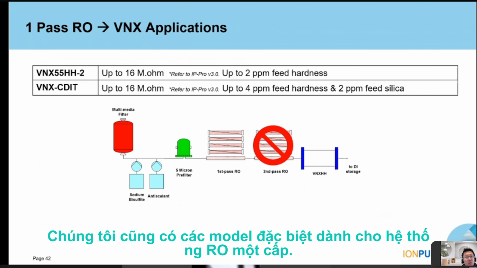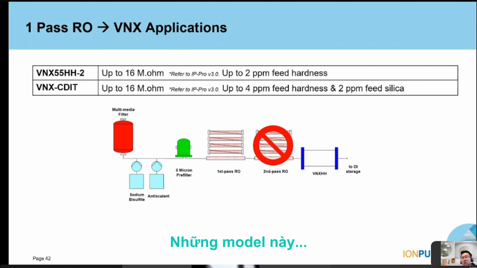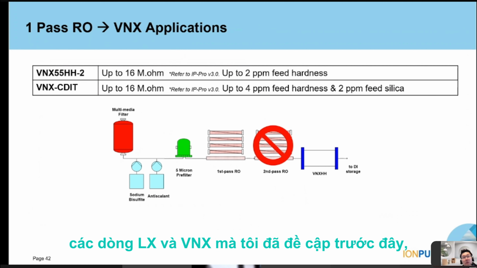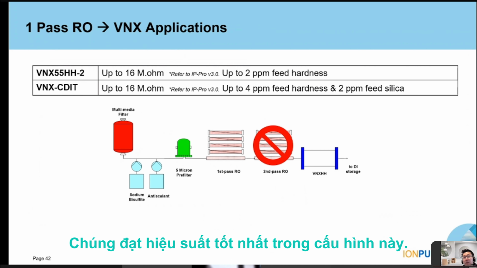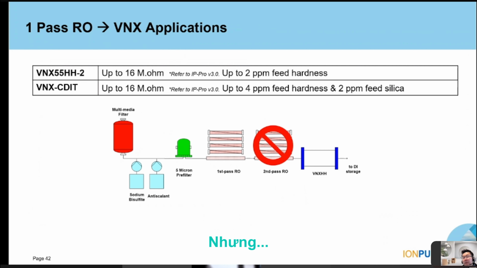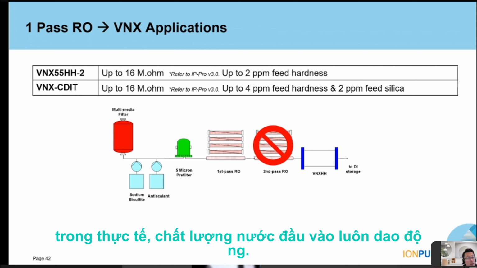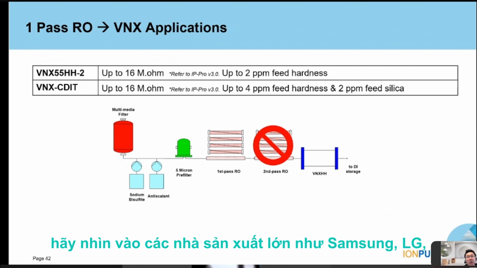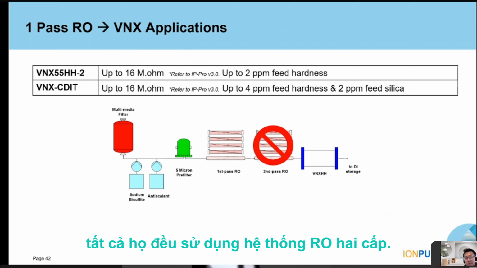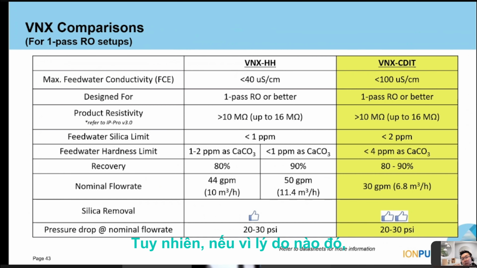We have special modules for 1-pass RO. All those modules I talked about before, the LX and VNX, work best in 2-pass RO. In the Vietnam market, water is always fluctuating. So if you want good performance, if you go to Samsung, if you go to LG, everyone is going to use a 2-pass RO. But if for some reason you can't use a 2-pass RO, based on space constraints and stuff like that,